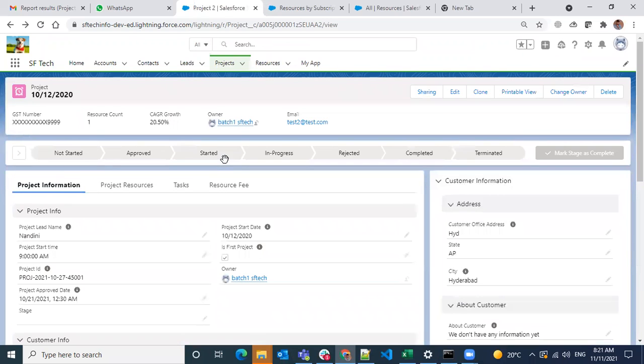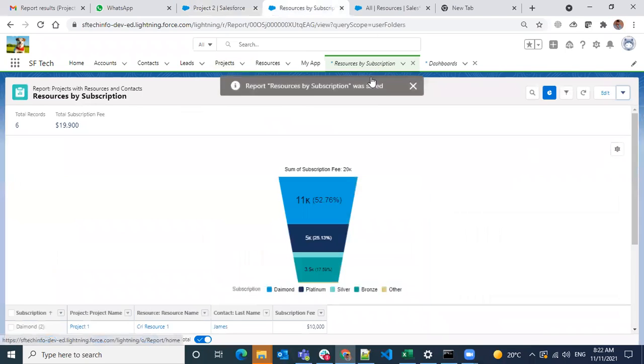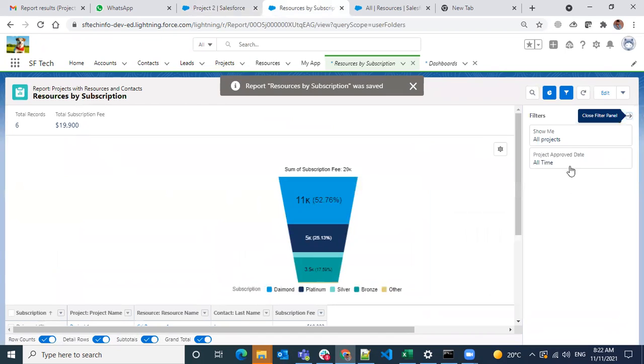But before, for a project, you had added that project ID, right? No. Actually, 5-6 resources are there, so for that project, we have added the project ID. Let me see. So this is the report, right? The filter, we have not added any filter. I added it and removed it immediately.